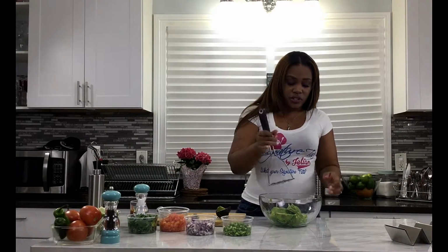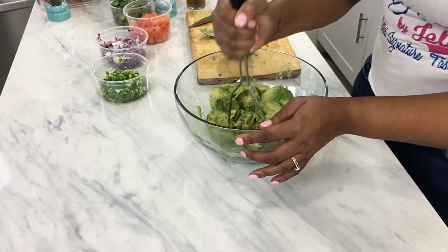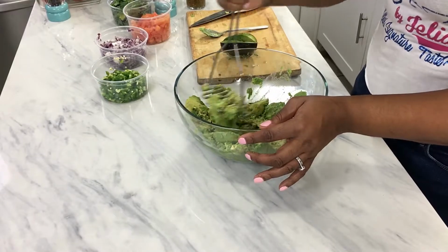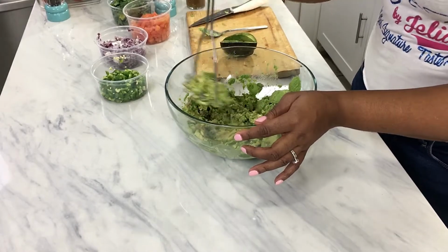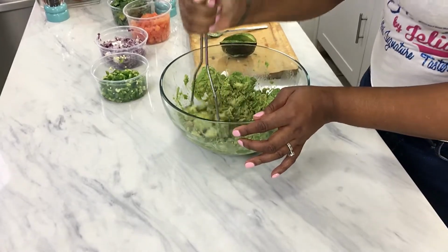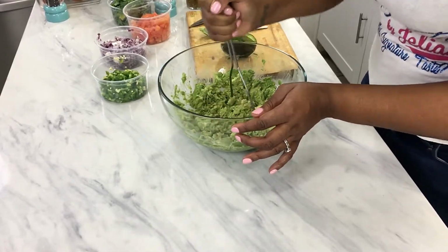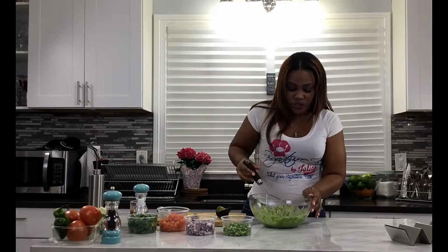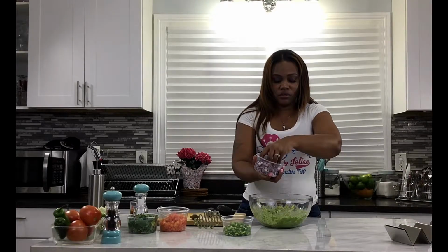My trusty potato masher, and I'm gonna mash. Get it really, really good. There you go. Now I'm not gonna make it too smooth. I'm gonna leave a few chunks in it because I like my guacamole with some texture. Speaking of texture, I'm gonna add a few red onions,